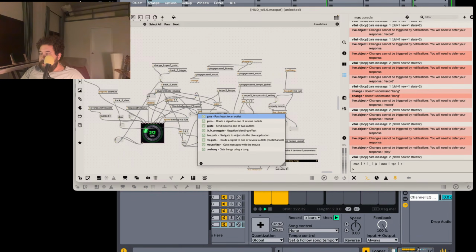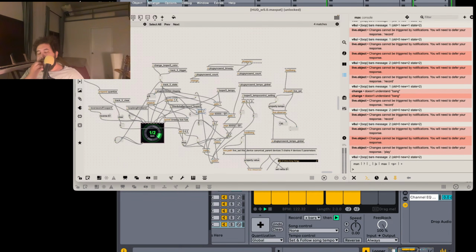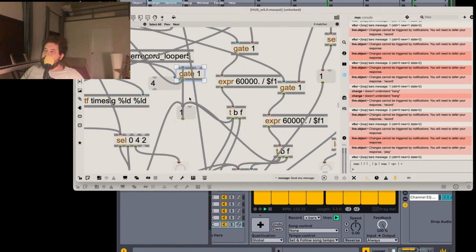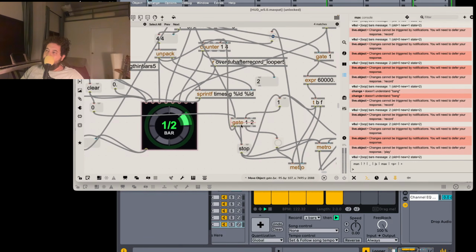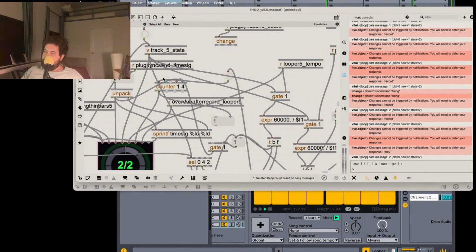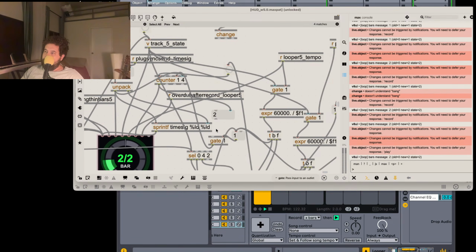This needs to be gate. Only goes through if two. Mm,